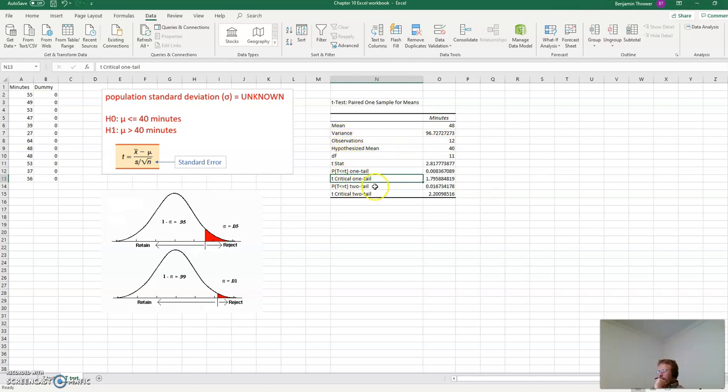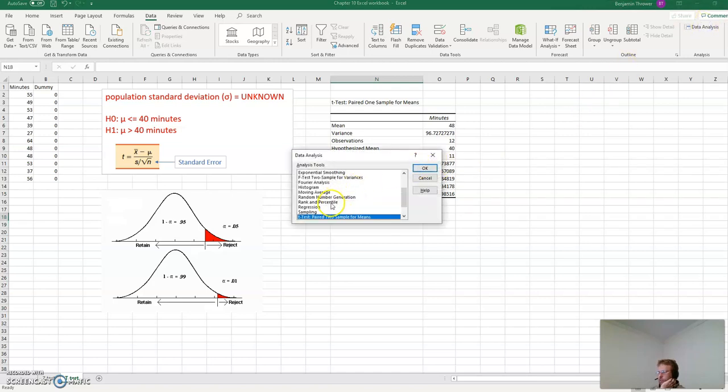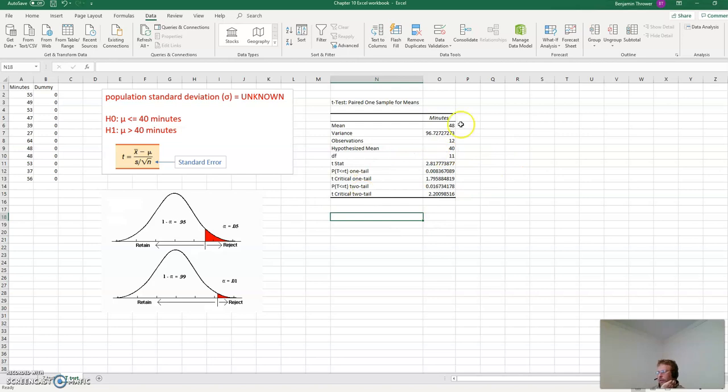But we'll get to that in the next chapter when I show you guys how to run regressions in Excel. Okay, so I think that's all I wanted to show you for